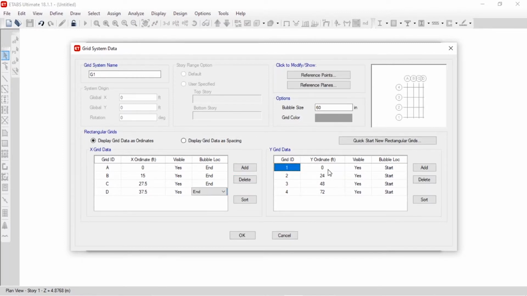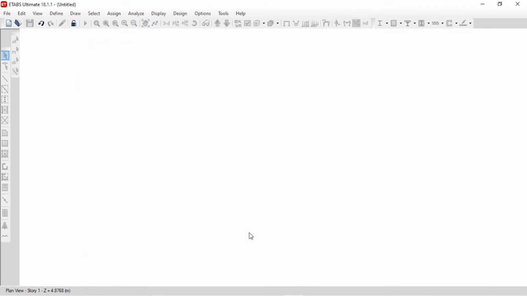Now in the y direction, we'll enter the first one as 12, next one as 21, and next one as 31. Here you can have a preview of the grid, and then click on OK, and then OK.